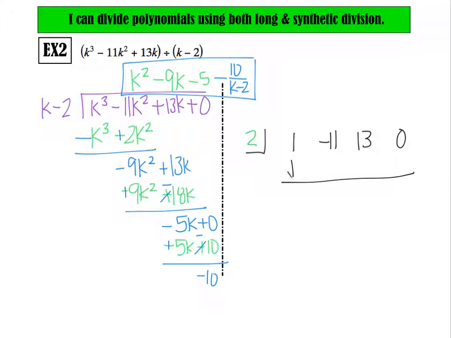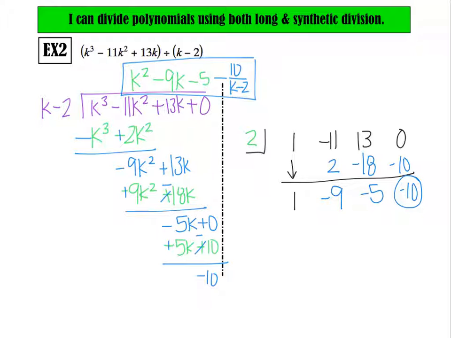So we bring down the first coefficient, and then we just start multiplying. So 2 times 1 is 2. Negative 11 plus 2 is negative 9. 2 times negative 9 is negative 18. 13 minus 18 is negative 5. 2 times negative 5 is negative 10. 0 minus 10 is negative 10, and that becomes my